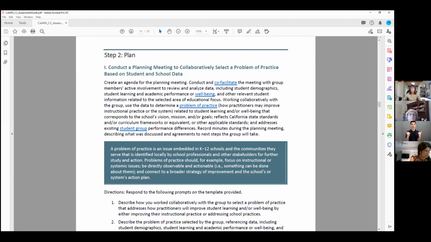So the candidate in this step is going to conduct a planning meeting to collaboratively select a probable practice based on student and school data. So the candidate prepares an agenda for the planning meeting, and they submit the agenda for the planning meeting. Then they conduct and co-facilitate the meeting with the group members' active involvement. They look at data, including student demographics,